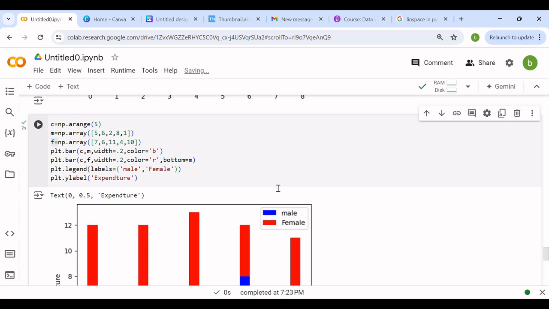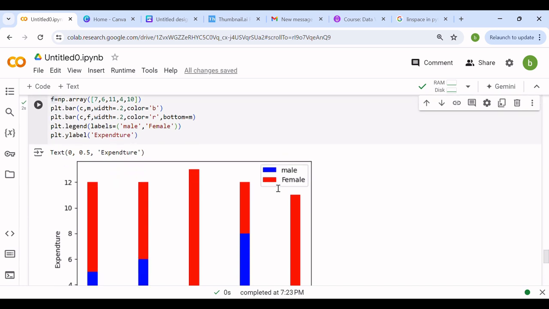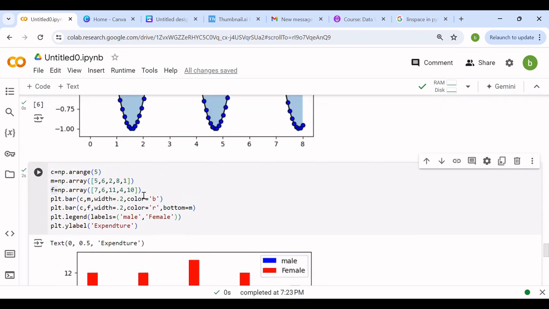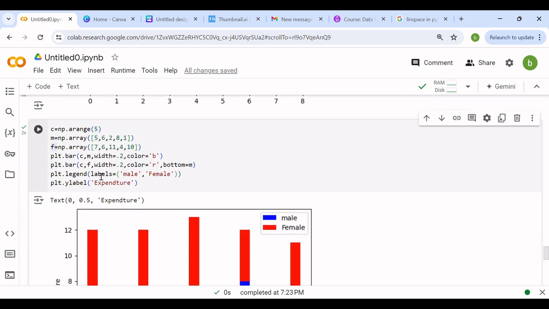Hello everyone. In this video, we'll talk about how to create a bar graph. So basically what we will do here, first I have created an array starting from 0 and going till 5